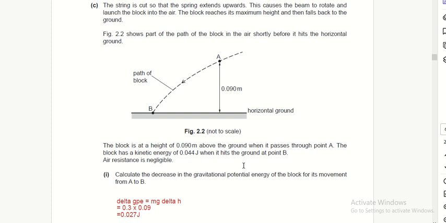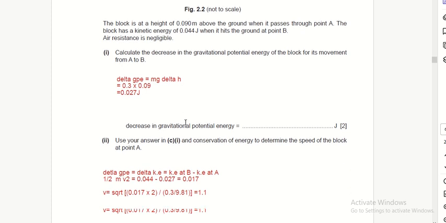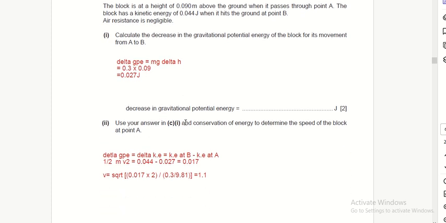Delta h here will be 0.09, this vertical distance. mg is the weight of the block, and it was given in the heading of the question to be 0.3. Was the answer